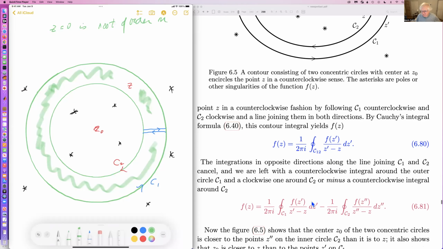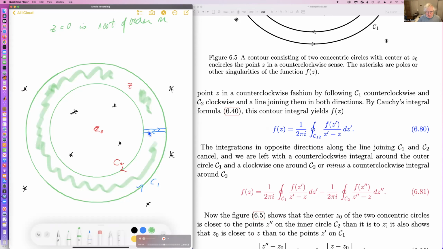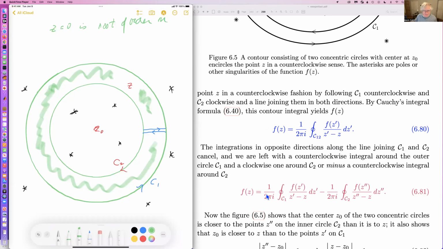But now we let the two blue lines approach each other, and so they cancel. And so we just have two integrals around two circles. It's the integral counterclockwise around C1. And now C2 is clockwise, but